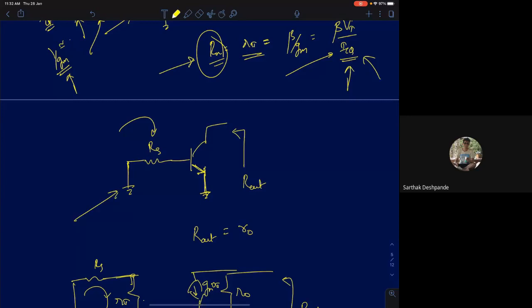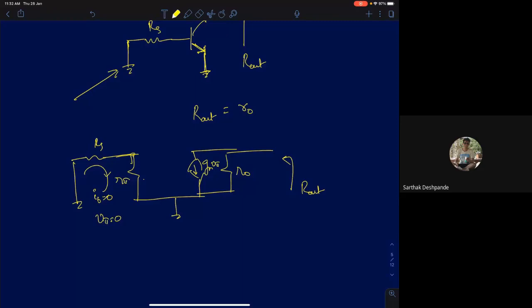Short circuit the input so that the circuit contains no other excitation. This is a voltage amplifier, which has only one input, Vi. So I'm shorting that itself, and there is no other excitation source in the circuit. Now I'm trying to measure the small signal output resistance at the collector, so take the small signal model here. Now we'll apply a voltage Vx and try to measure the current Ix.